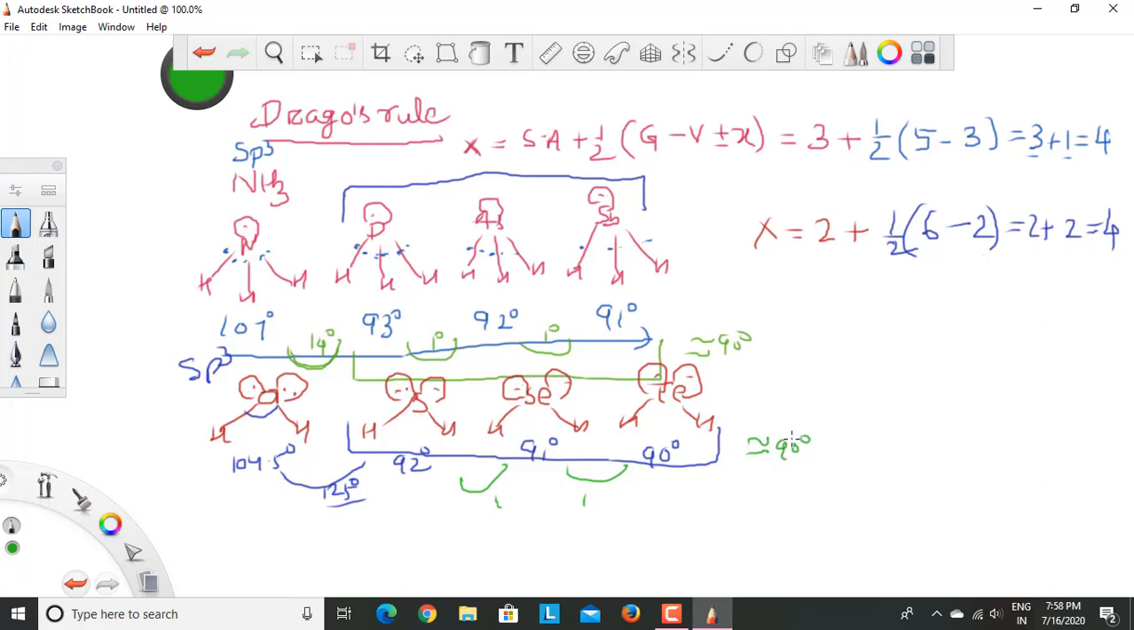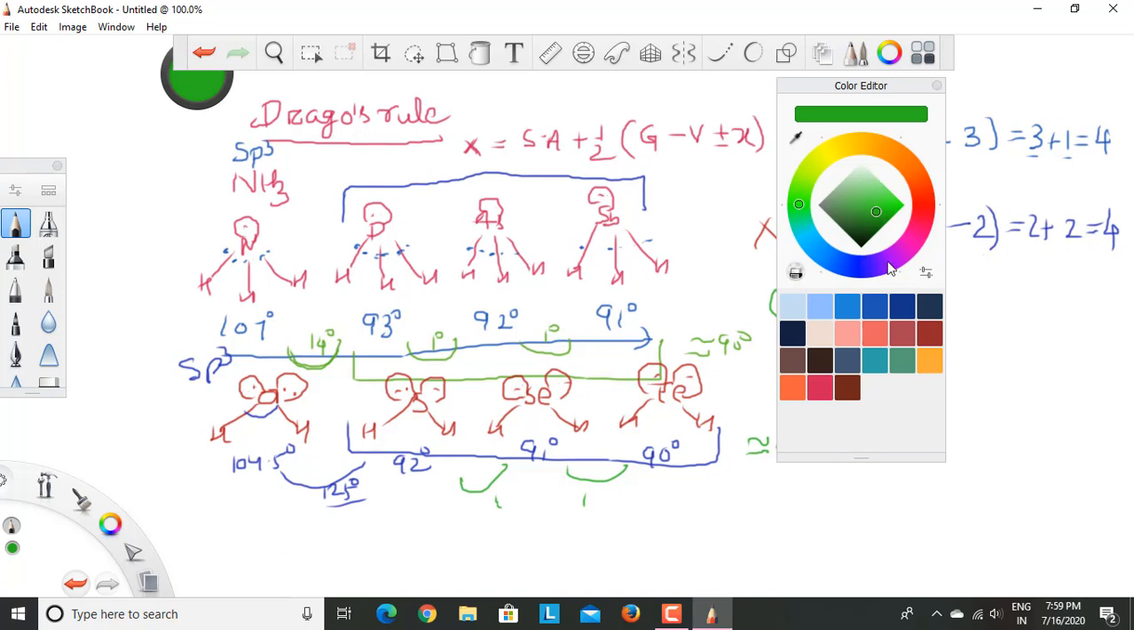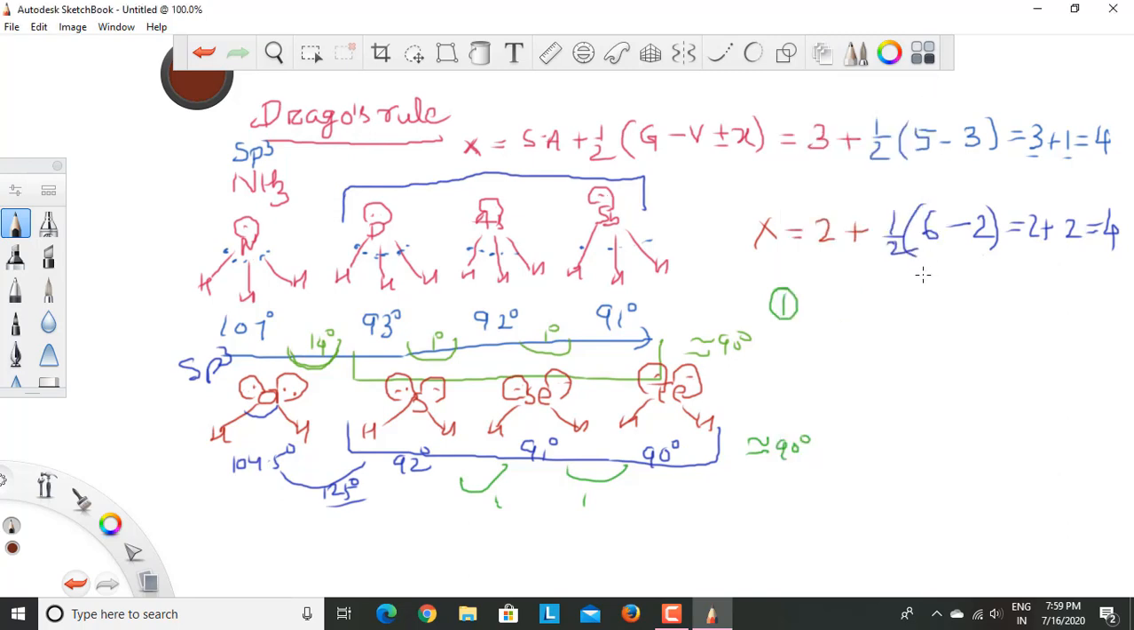Now let us come to Drago's rule. This is about the bond angle variation. So what has Drago told? Drago has told 3 points. Point number 1: when the central atom of a covalent compound is from